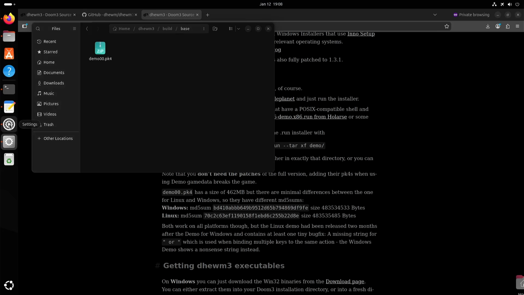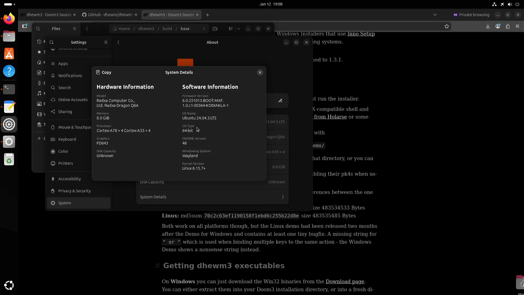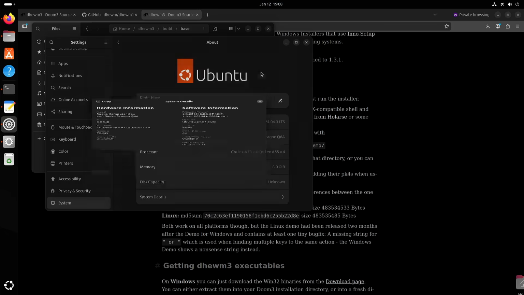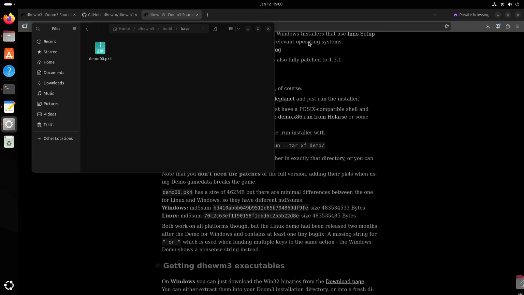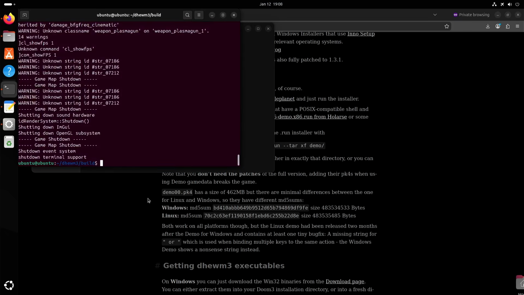So yeah, here you can see that we're running on a Radxa Dragon Q6A. It has a Snapdragon CPU or SoC. So let's start the game. That doesn't work with MangoHud, so